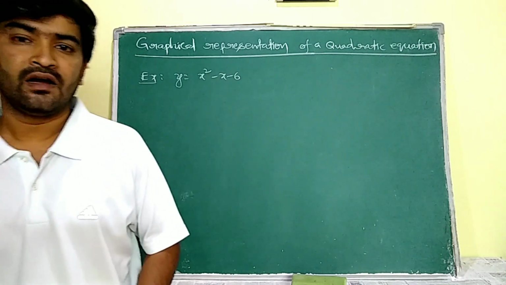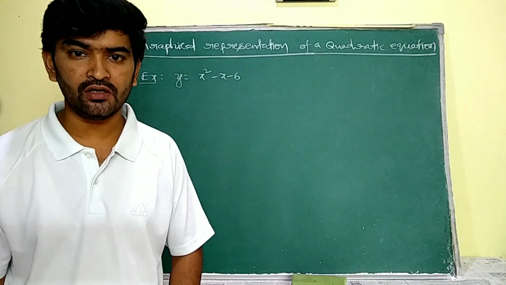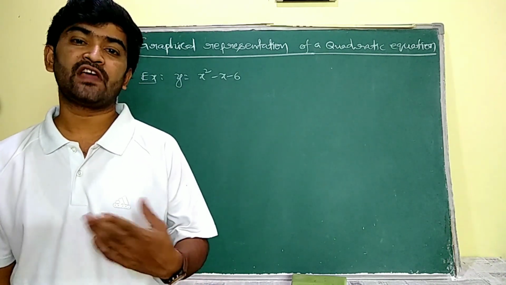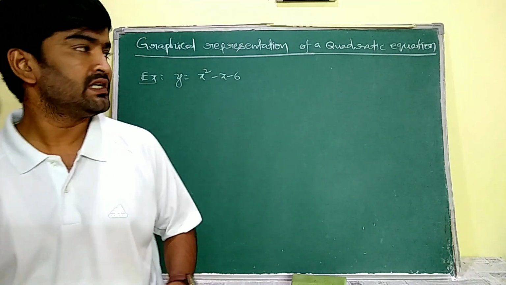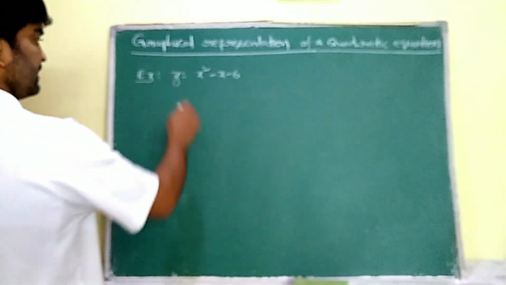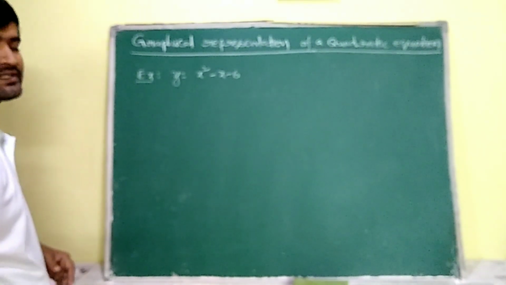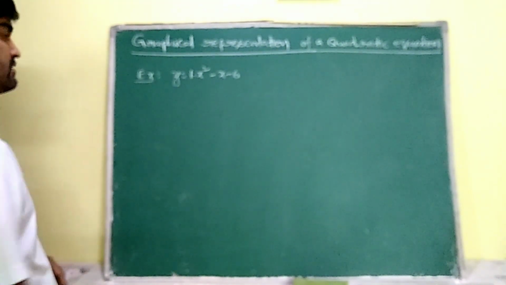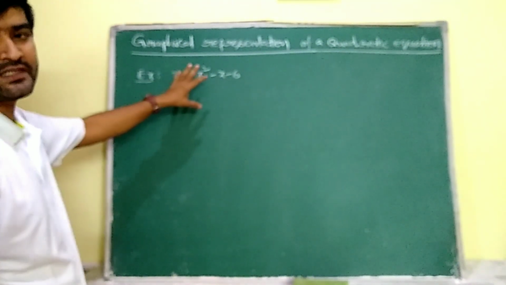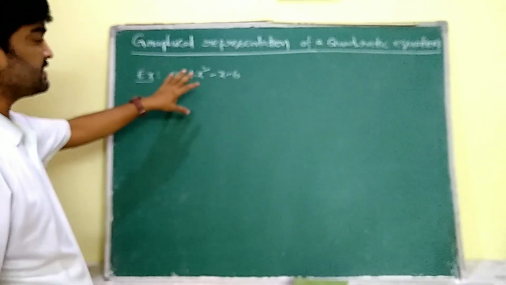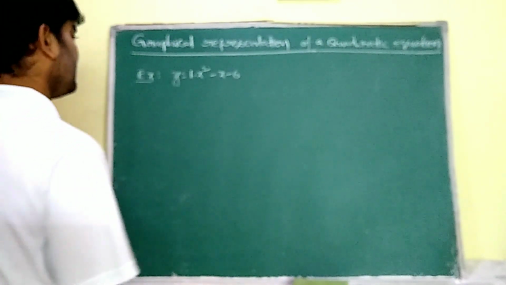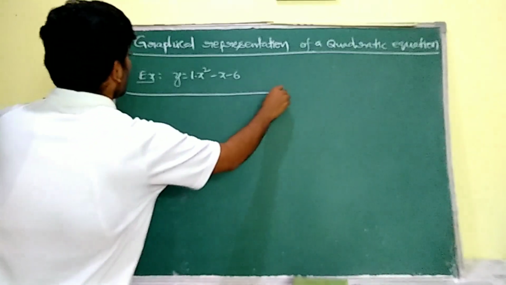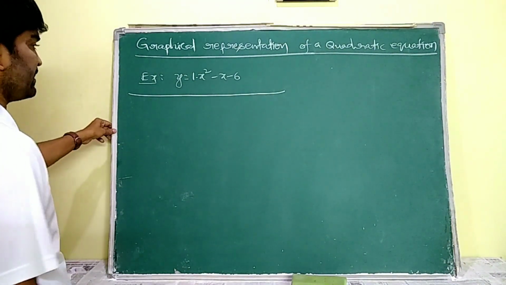Now we are going to see the graphical representation of a quadratic equation. As we discussed, the quadratic equation always represents a parabola, and in ax square plus bx plus c, if a is greater than 0, then the parabola is upwards. So we are going to draw the graph of the polynomial y is equal to x square minus x minus 6. Here the x square coefficient is 1. This 1 is greater than 0, no? So its graphical representation is upwards. That means it shows a parabola that is upwards. To draw the graph of this, you have to prepare an ordered pair table. I am going to explain how to prepare this ordered pair table.